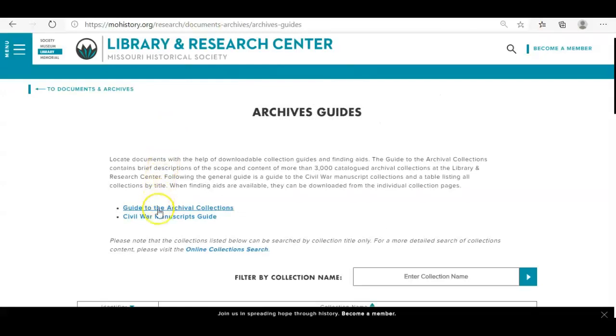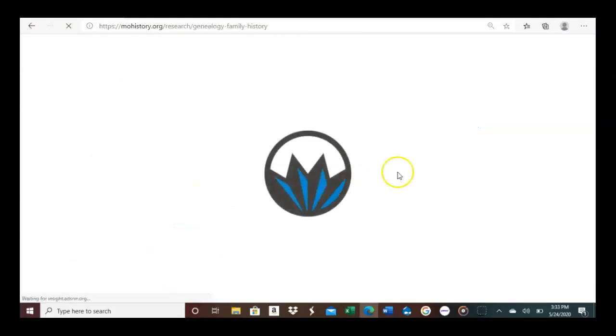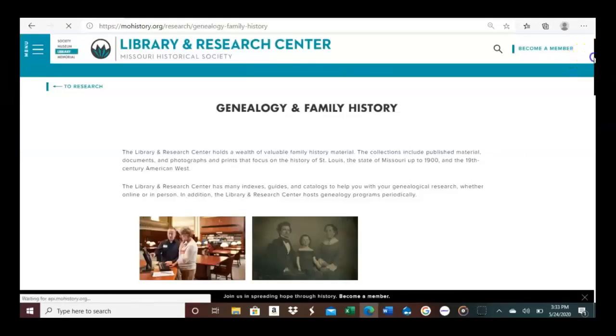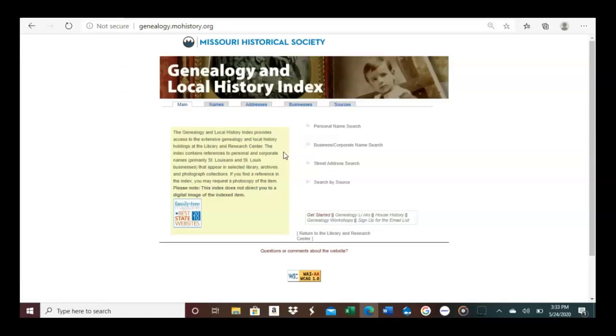Also from the Archives Guides page, you can view our Civil War Manuscripts Guide in PDF form, which describes Civil War documents in our archival collections. From the online research page, now let's take a look at the Genealogy and Family History page. Clicking on the Genealogy and Local History Index block will take us to the Genealogy and Local History Index, which is an ongoing index to